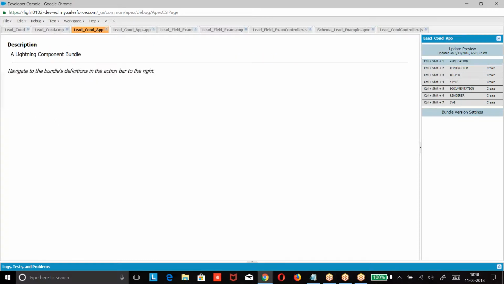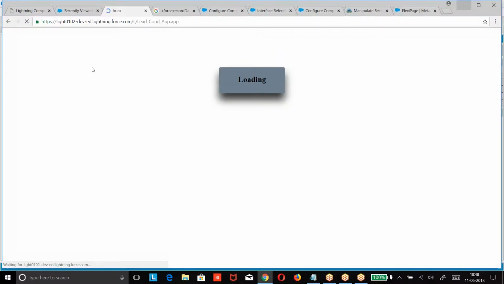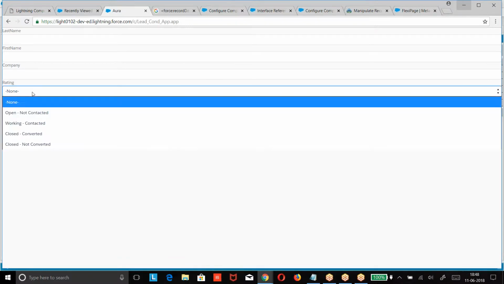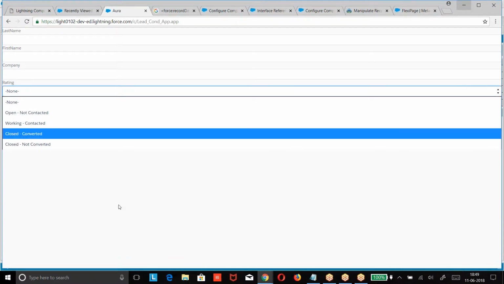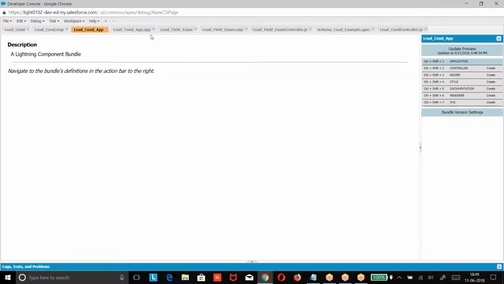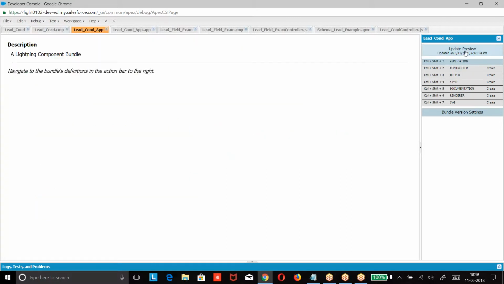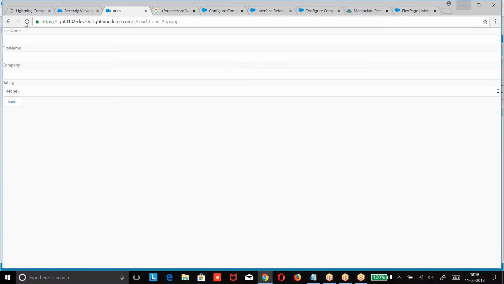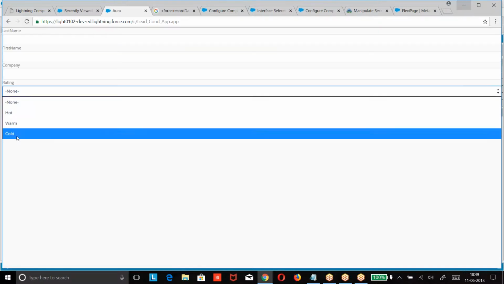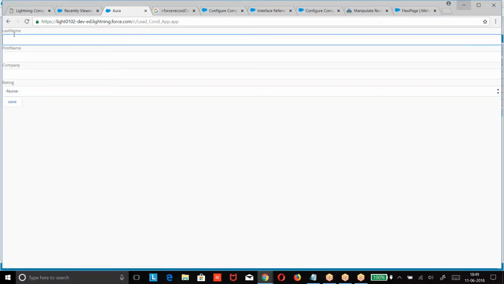Now go to the application, have a quick overview. So basically we have given component here. It will throw an error message because we didn't query that field, so I modified it again.